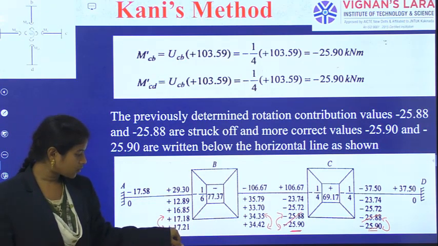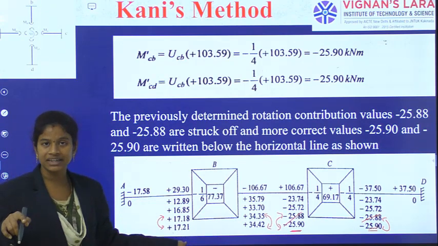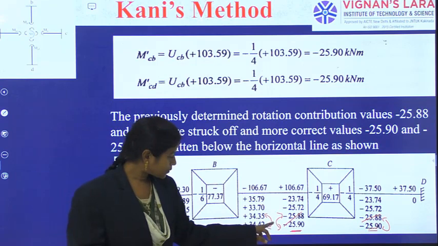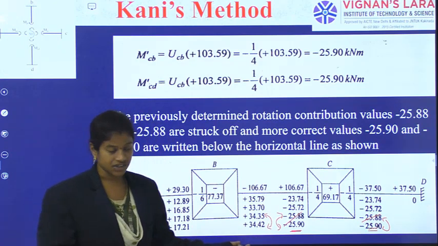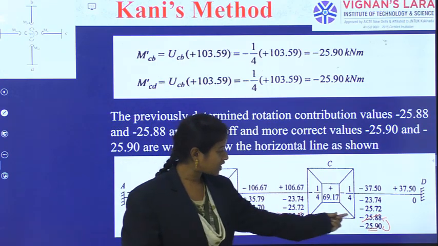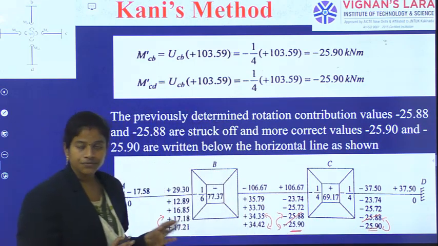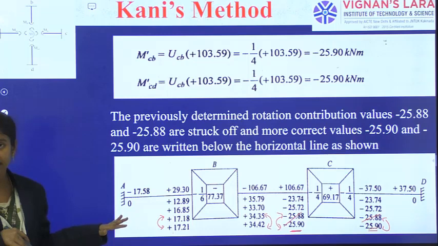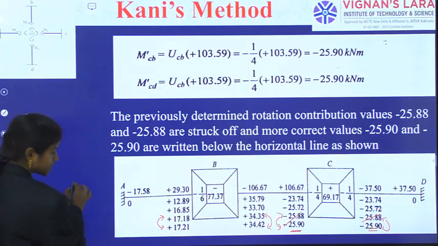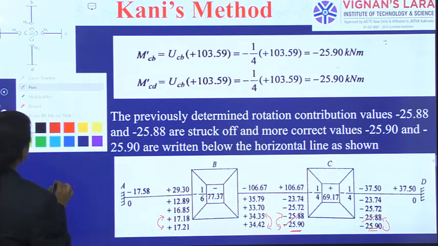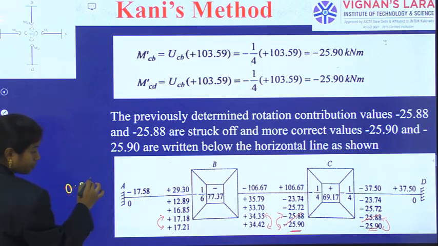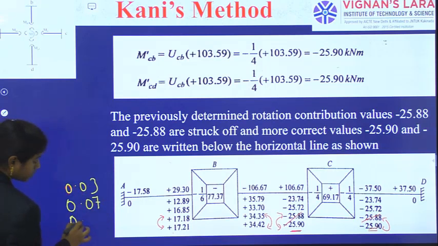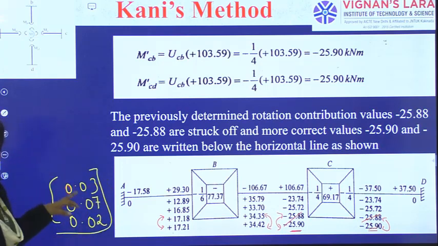So 17.18 and 17.21 is a 0.03 variation, and 13.35 gives a 0.07 variation. Here there is a 0.02 variation. So that's why I am feeling that was okay. Only a second decimal variation is there. That's why I have stopped up to that level. So this variation is 0.03, 0.07, 0.02. So only a second decimal variation is there.